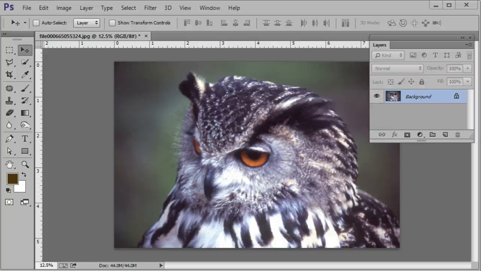For this week's assignment, we're going to use the Mixer Brush tool in Photoshop to create a fine art painting. For our first step, we're going to find a photograph that we'd like to use. I've already found a photograph of an owl that I'm going to be using for my painting, and I've opened